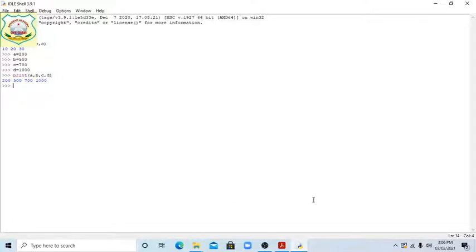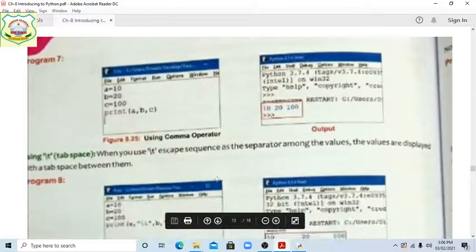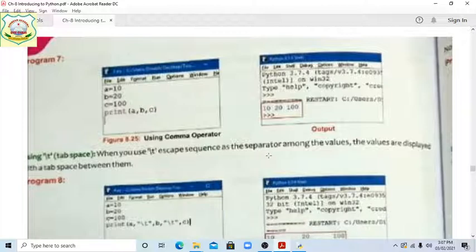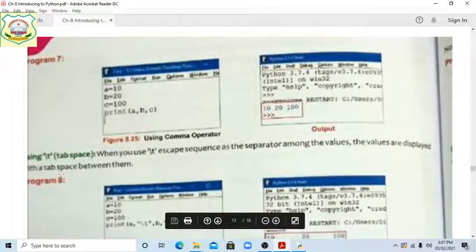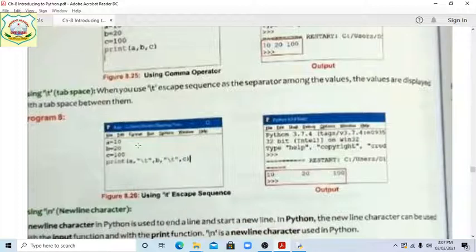So students, everyone understood? Now the next one is the string using /t. This is tab space. When you use this /t escape sequence as the separator, the values are displayed with a space between them. Like this, everyone can see a equal 10, b equal 20 and c equal 100.